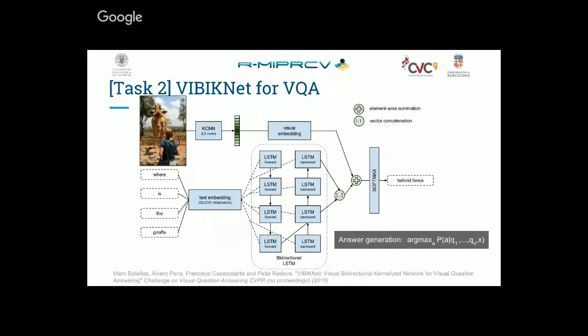And this is our proposal for the challenge. In this case, you can see that the main difference is that we've got not only images as input, but we have also a sentence, which is a question, associated to the image. For describing the image, we used a technique called kernelized CNN, which basically extracts object proposals from the image. And these object proposals are combined into a single vector by learning a Gaussian mixture model and applying a Fisher vector